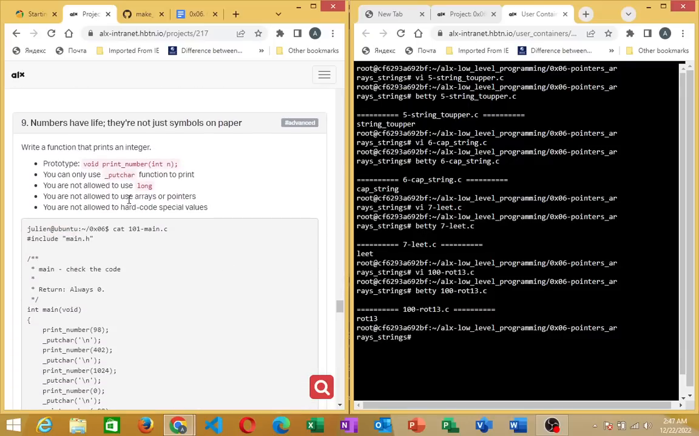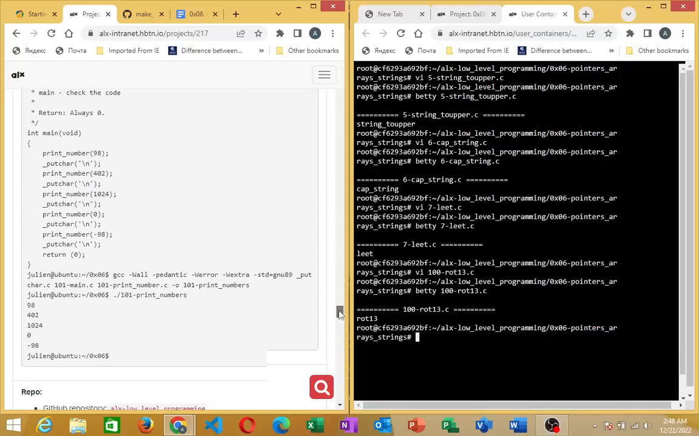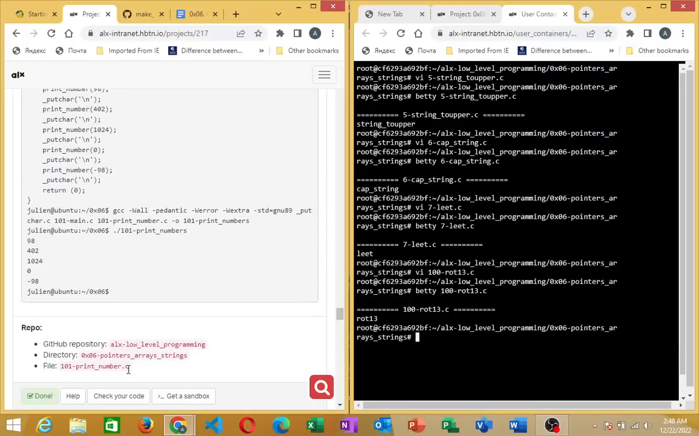It says write a function that prints an integer. Prototype this. You can only use the _putchar function to print. You are not allowed to use long. You are not allowed to use arrays or pointers. You are not allowed to hand code special values. Alright, so again, I'll come down and copy this file name,